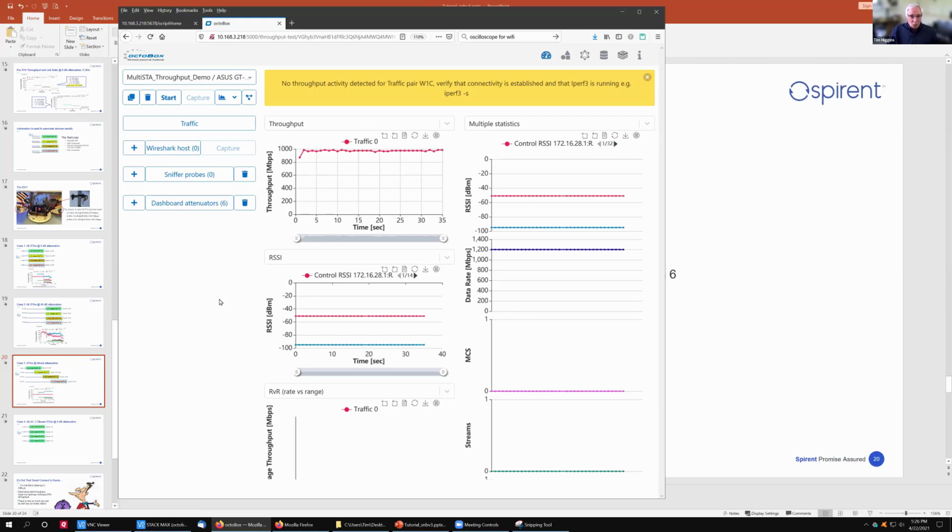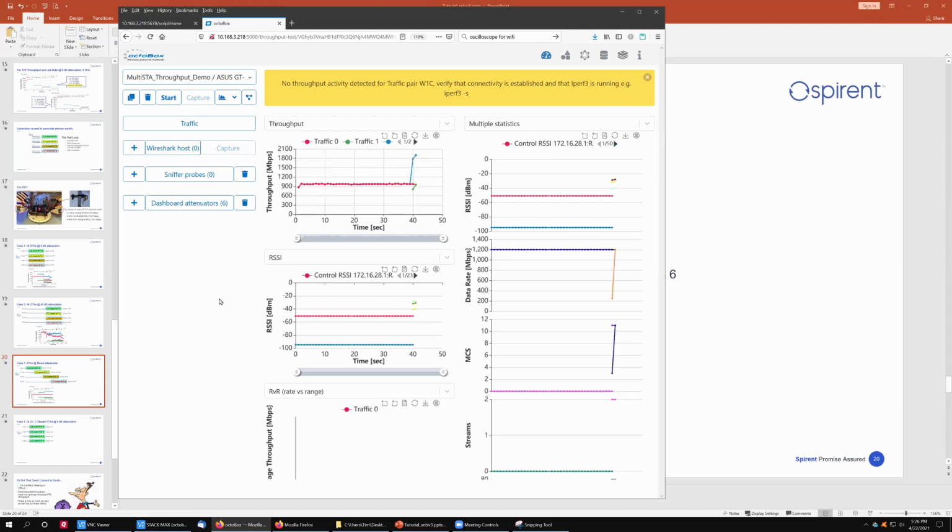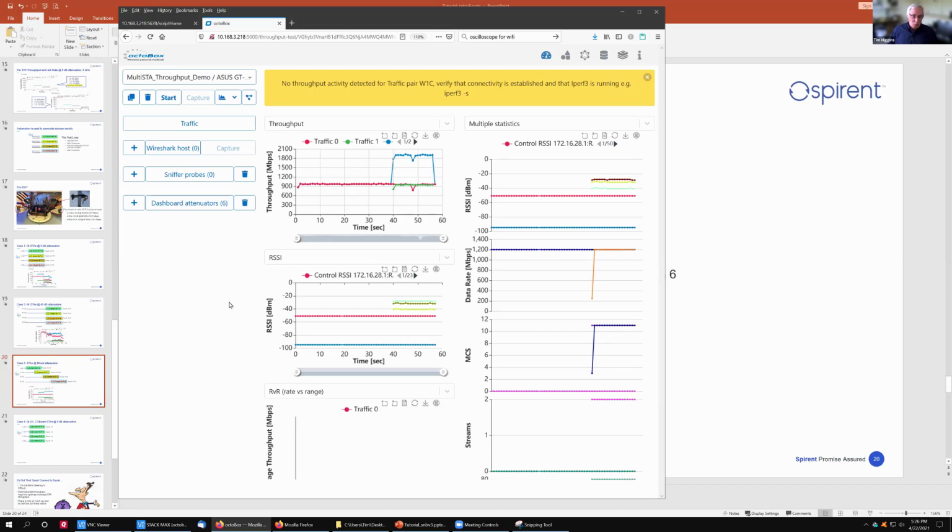So you really do want a 2.5 gig port, or at least a 2.5 gig port on a tri-radio router. And in the article, I showed what happens. I actually had 2 tri-radio products. Both happened to be ASUS, but one only had a gigabit Ethernet port. The other had a 2.5, and you could basically see the flatlining limitation of the gigabit Ethernet port.